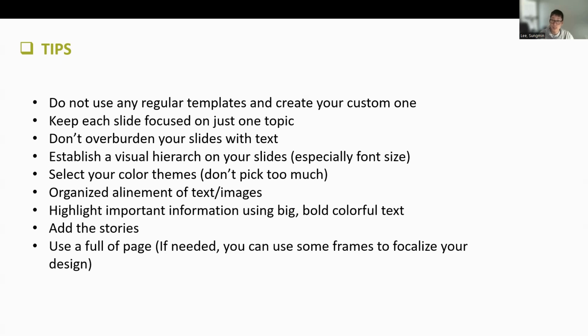And you should also select your color theme, and I do let you know how to make it, but don't pick too much. You might want to say less than five, so two or three might be a good number, and you might want to